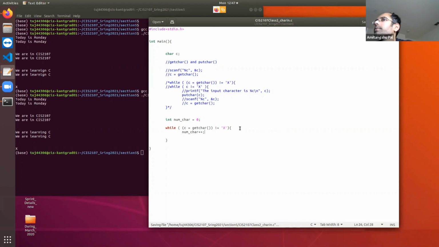Okay, that's it. And at the end of the iteration, we can print the number of characters is percent d. Okay. So let's see.